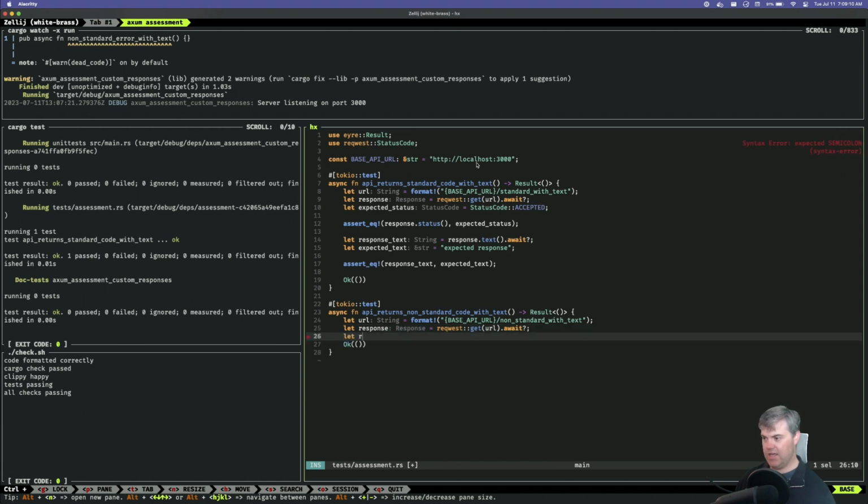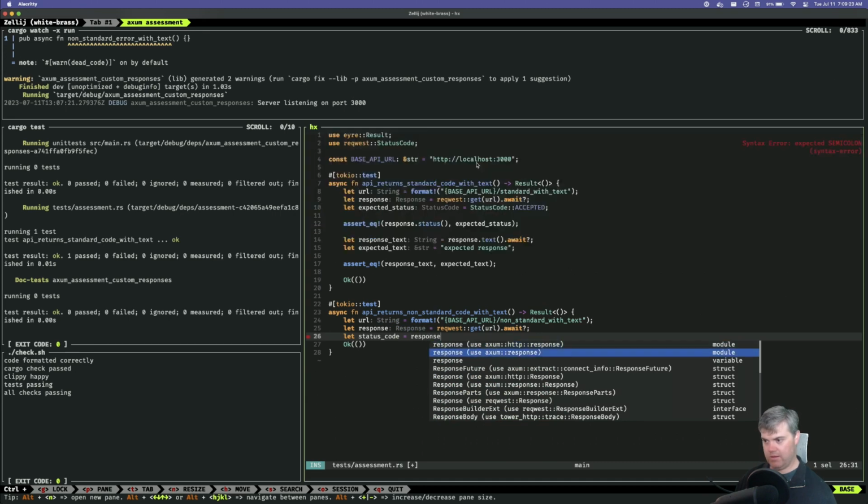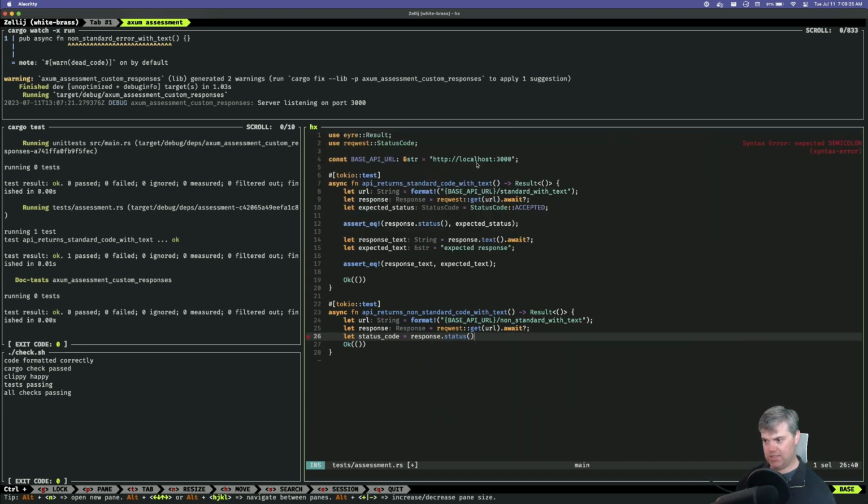Okay, let's get the status code out of this. So status code equals response dot status.